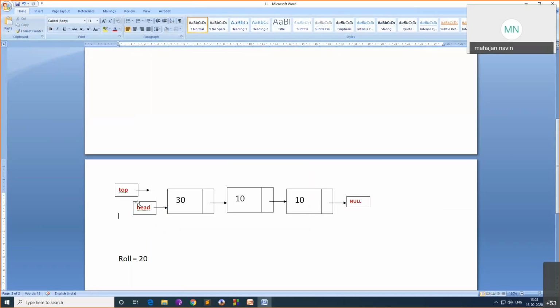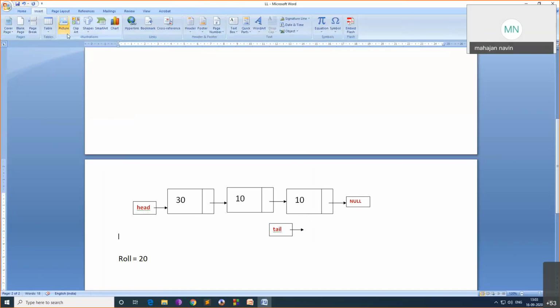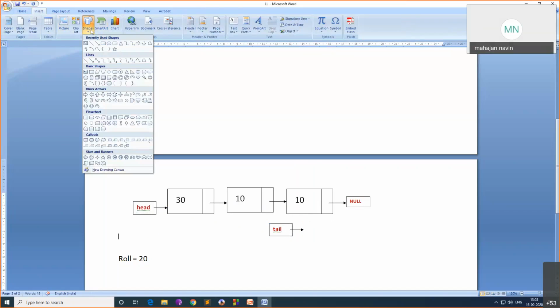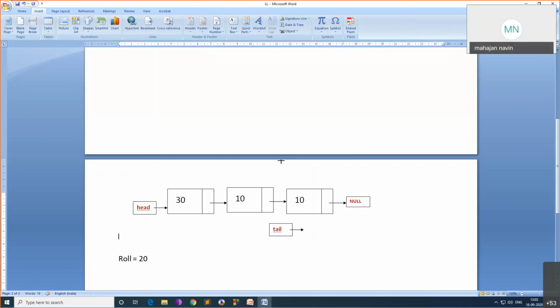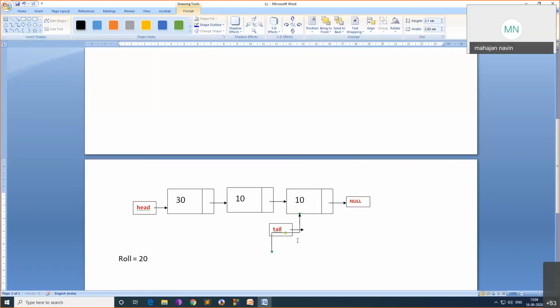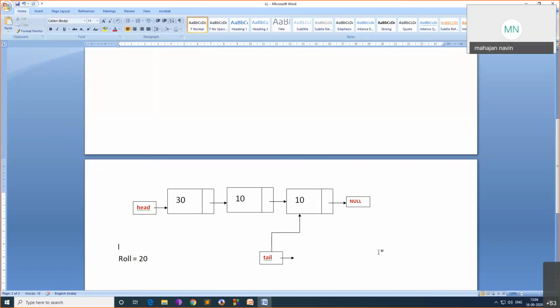But here I will have two pointers, head and tail, or you can call them top and rear. So top is pointing here, and this is the tail. Now tail is pointing here and head is pointing here. So this is the initial state.